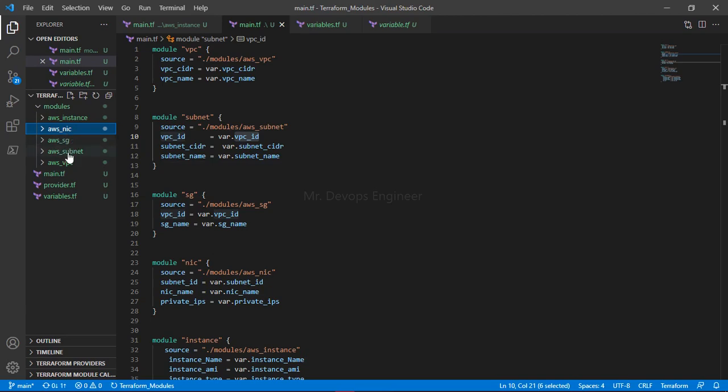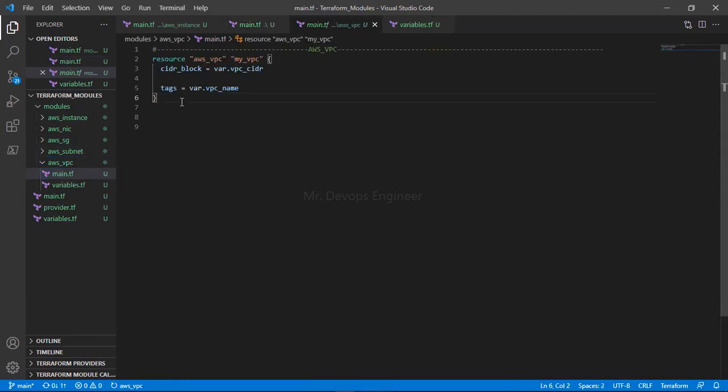You will just go to your VPC. So here you will do what? You will create one more block, or let's do one thing. Just create output. So here you will provide the VPC ID. And here you have to provide value. Value equals to, how will you pass it? aws_vpc.my_vpc.id. So this is the one which we are looking for.